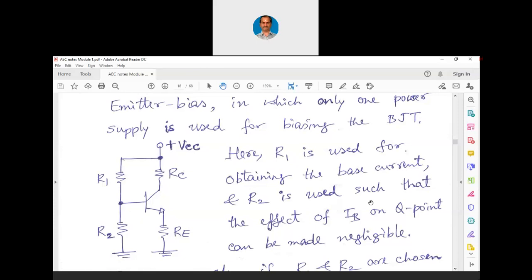Now, if the design is not actually proper, then there are chances that the stability of the circuit is going to be affected, which means in the load line, the transistor may not be exactly in the middle of the load line, but it may gradually drift towards saturation. It may not fully saturate, but it will gradually drift into saturation.